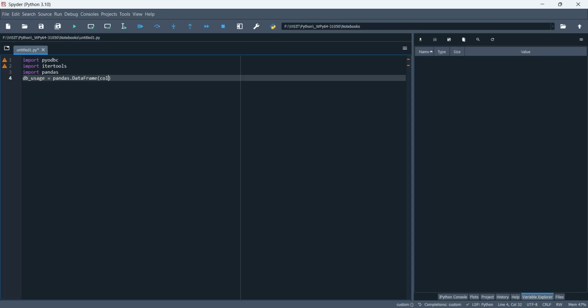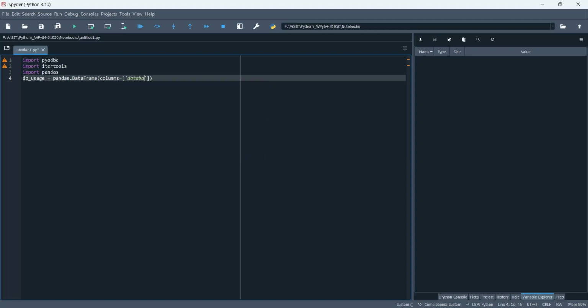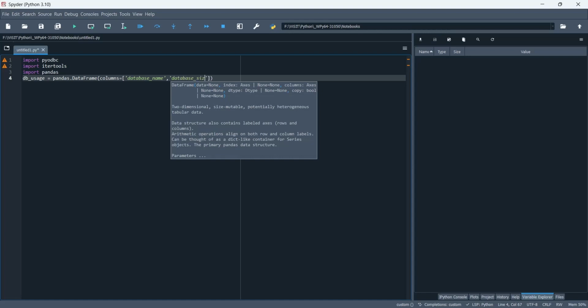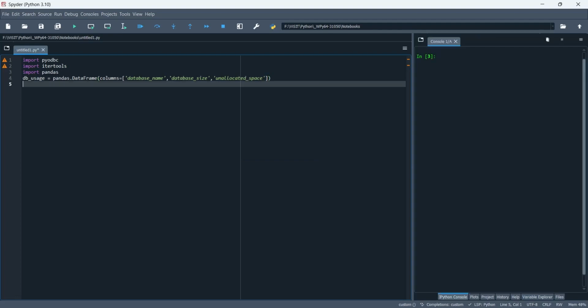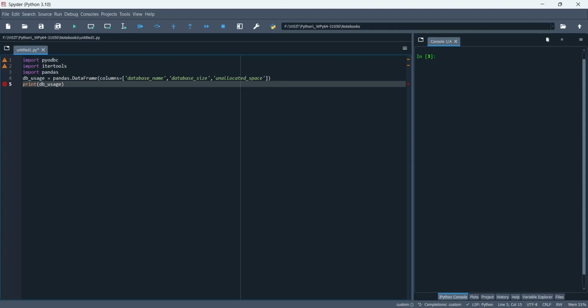We will create an empty data frame with predefined columns. Inside the brackets, we will enter the names of the columns we want in our data frame. We will store the database name, database size, and the unallocated space in this data frame. We can always use the print command to verify our code. We can print the data frame to ensure that the empty data frame has been created with our given column